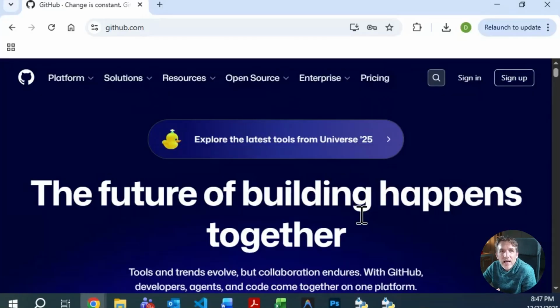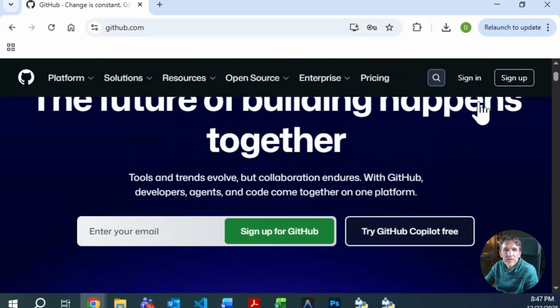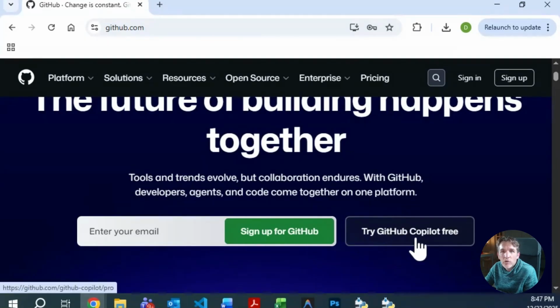Yes, so here I'm at github.com, and this is the website where you can sign in. Here, for instance, you can sign in for GitHub, and then you have to create your typical login credentials. What will be important is that you also sign up for GitHub Copilot. You can always have a free account initially, and later on you will need to start